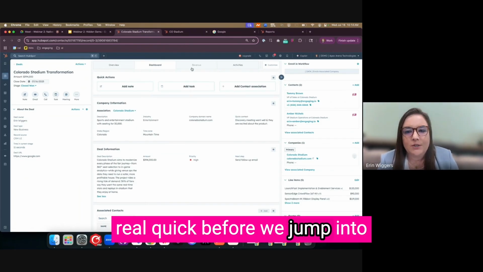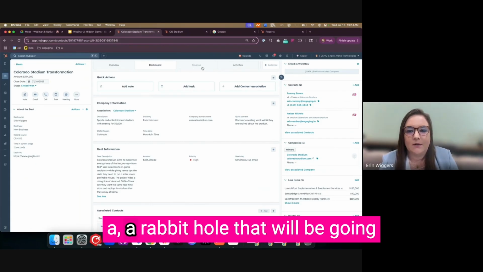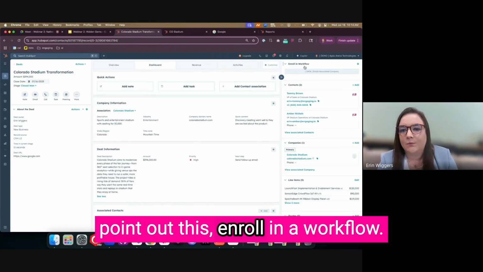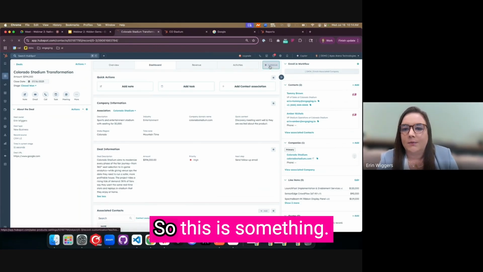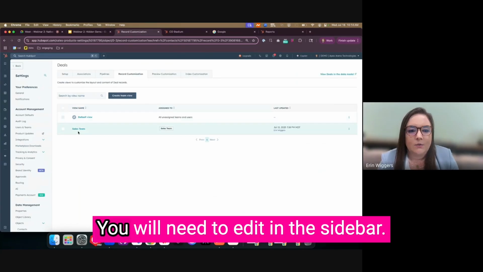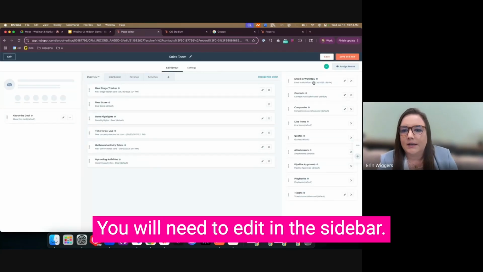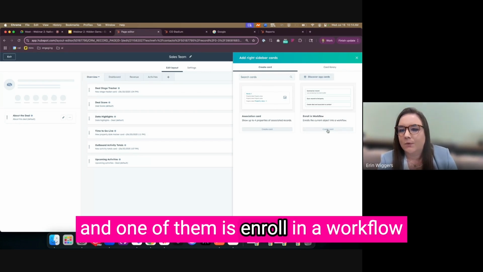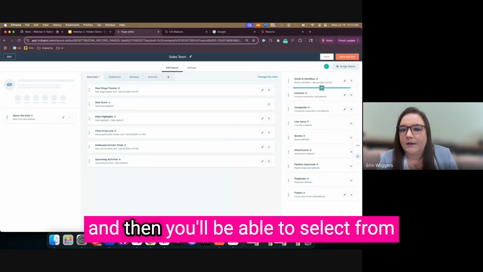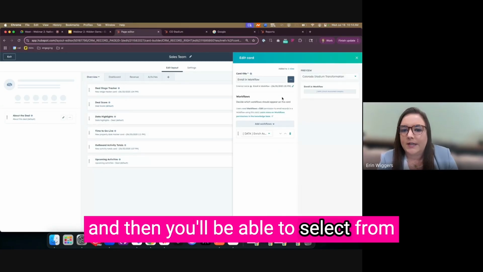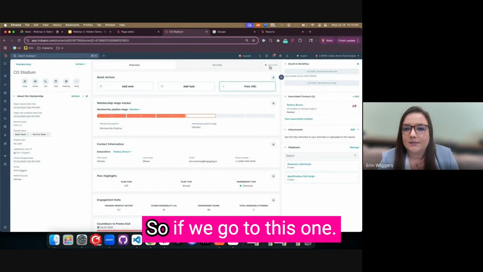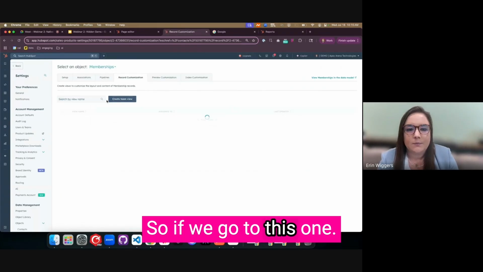Real quick before we jump into the revenue tab, because that's a rabbit hole that we'll be going down together, I wanted to quickly point out this enroll in a workflow. So this is something that you will need to edit in the sidebar. So you only have two options there, and one of them is enroll in a workflow. And then you'll be able to select from any workflows that apply to that object. And it is multi-select. So if we go to this one,